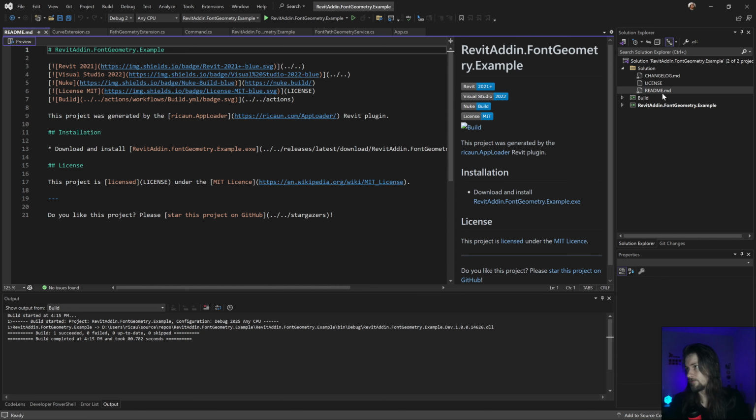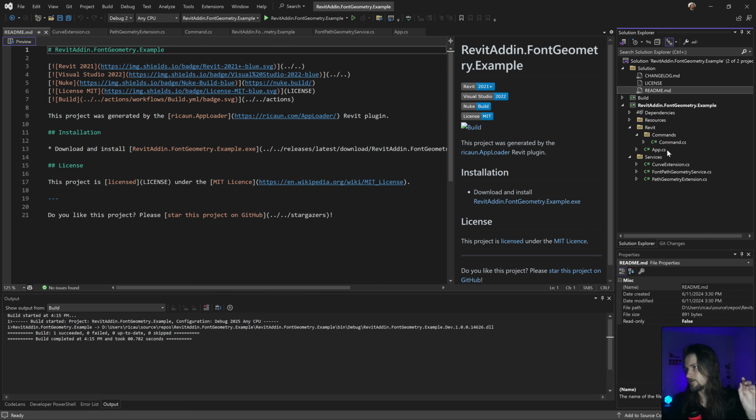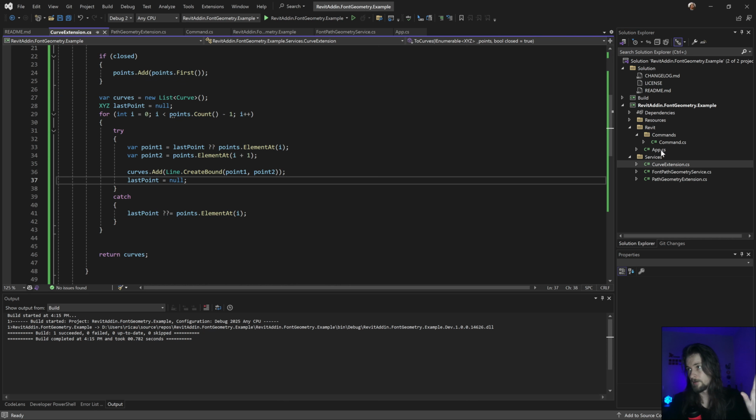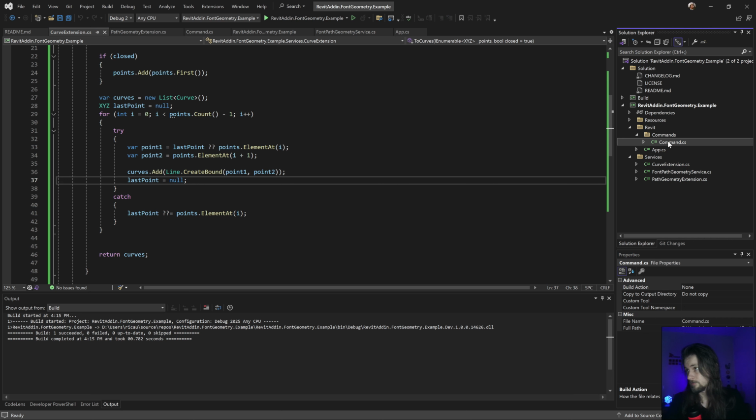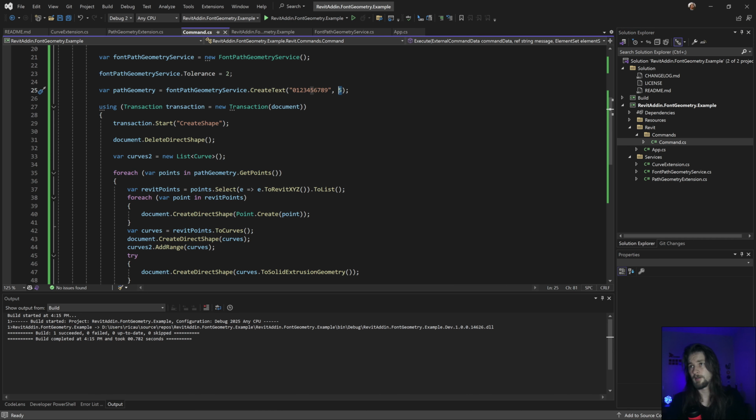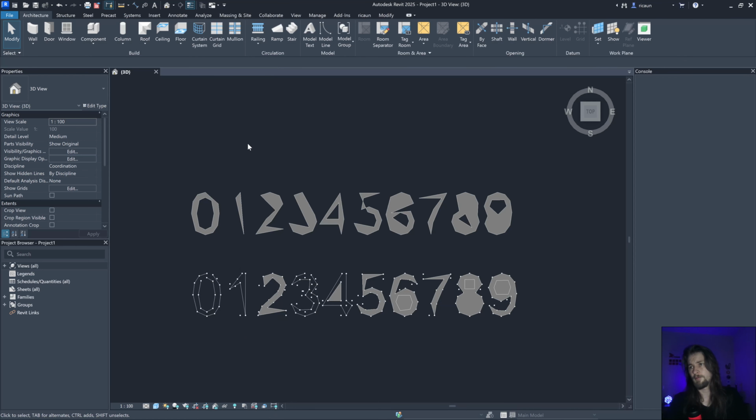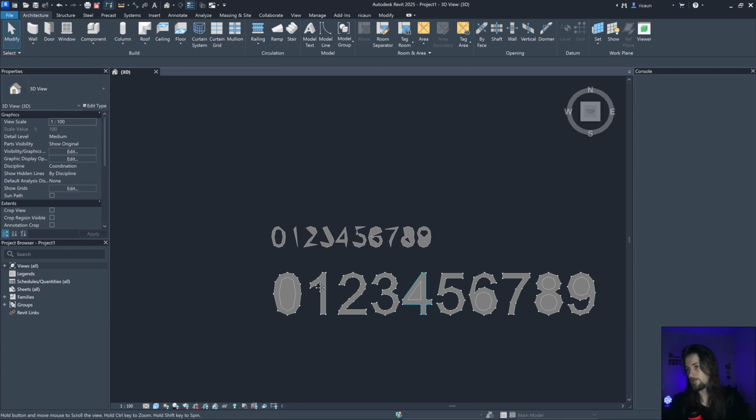But yeah, by default, if you use this with a bigger font, it should work fine. Let's test right now. Not sure why someone wants to create a really small shape.